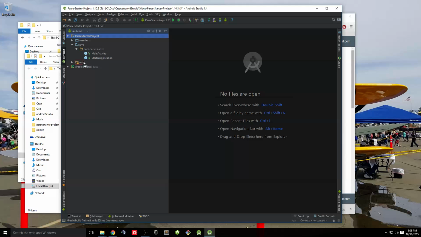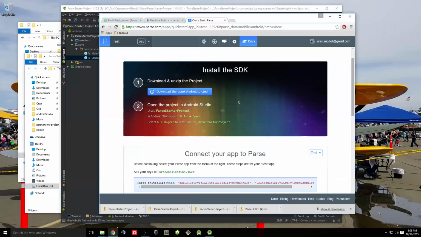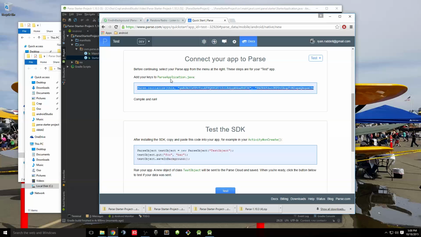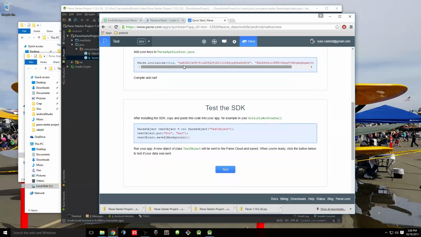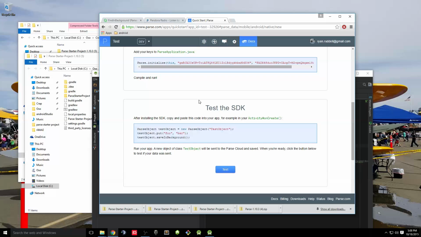Let's first go to the starter application. Okay, now look at this. First initialize this. I'm a little ahead of ourselves. It says before continuing, you have to add your keys to the Parse application Java. So here's your key. Look, it says Parse initialize this. Wonder where it goes. Here. Okay, we got that. And it says